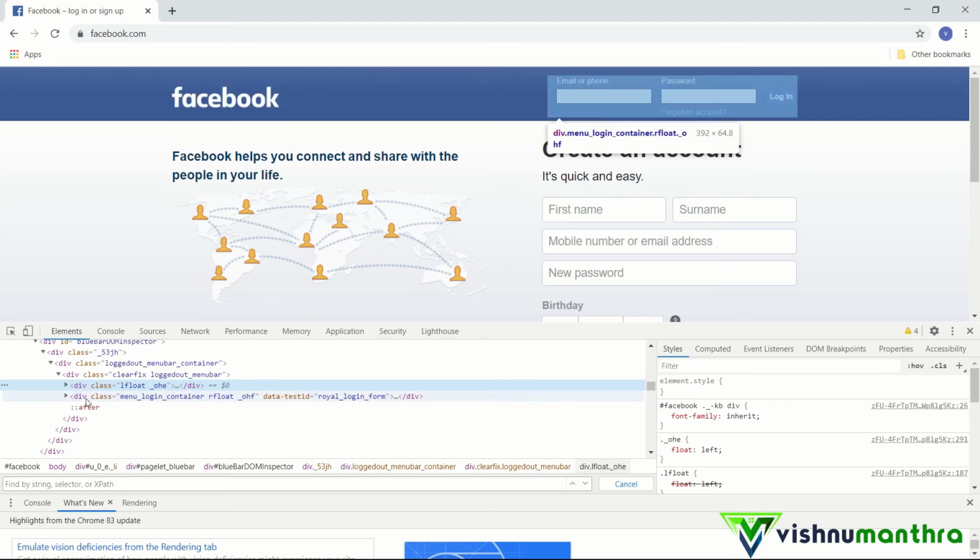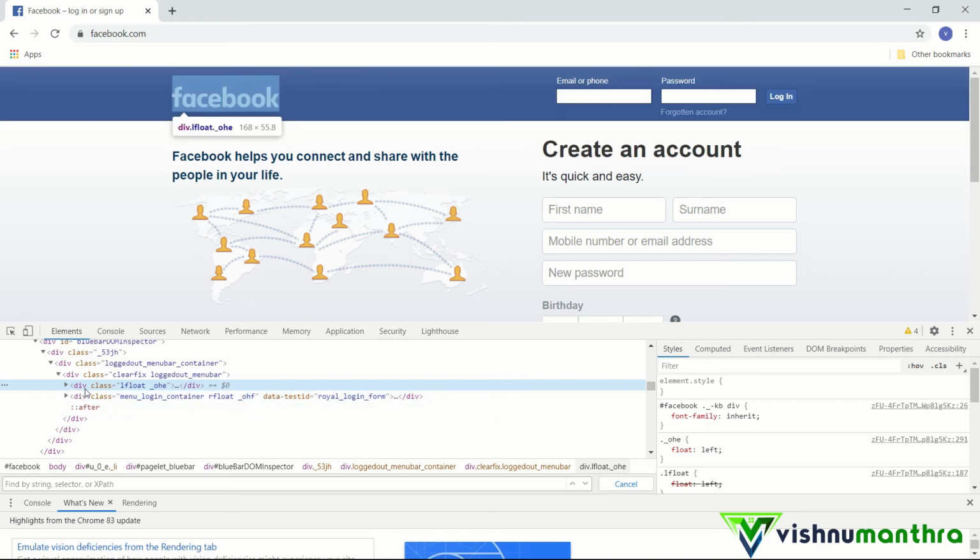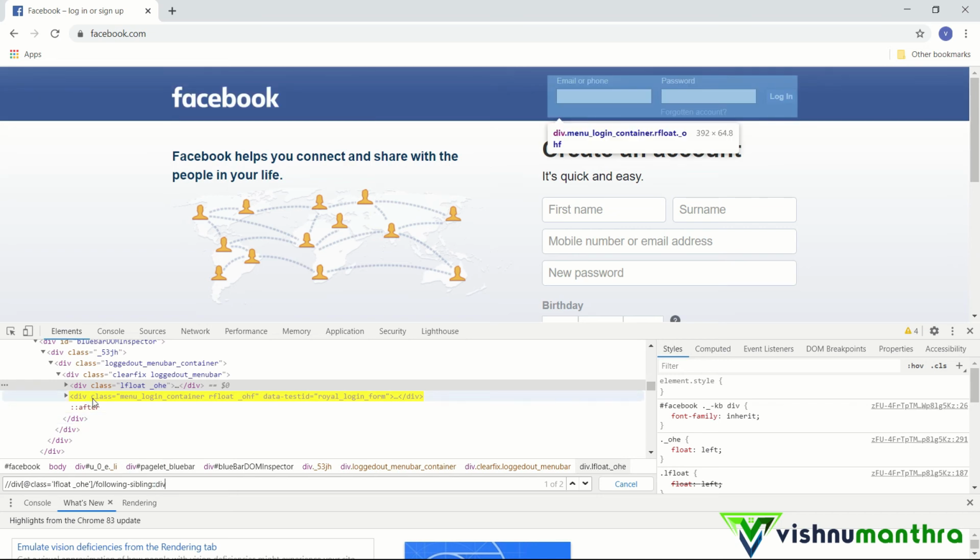But just understand that if you want to come here without referring to anything within this particular class, and you want to use this as our reference point, then we can use following-sibling. I will copy paste one XPath which I constructed. You can see div. I'm starting from /div. Div is my tag name. Then I have the attribute class, and inside the class I have the class name. After that I have following-sibling after the slash, then the double colon, then div, followed by the double colon. So it will point to the next sibling.